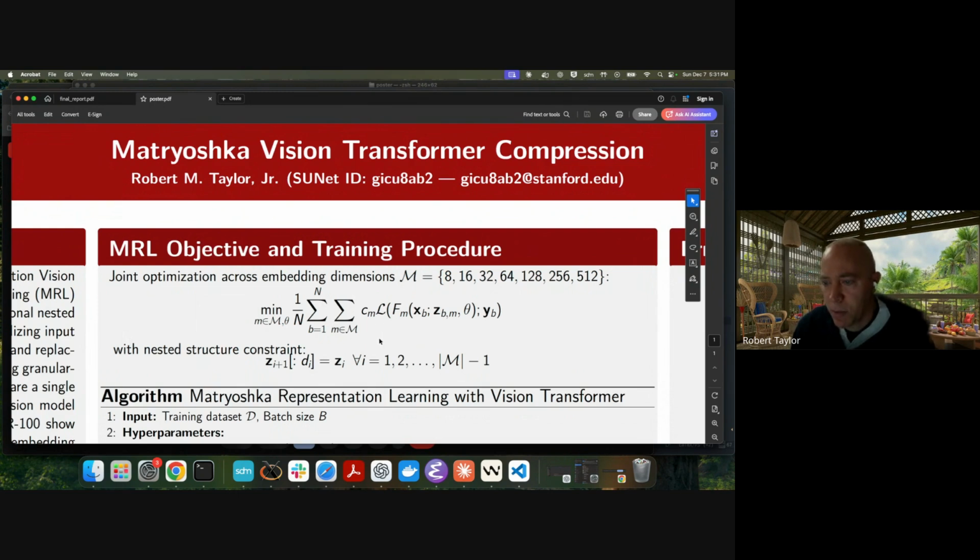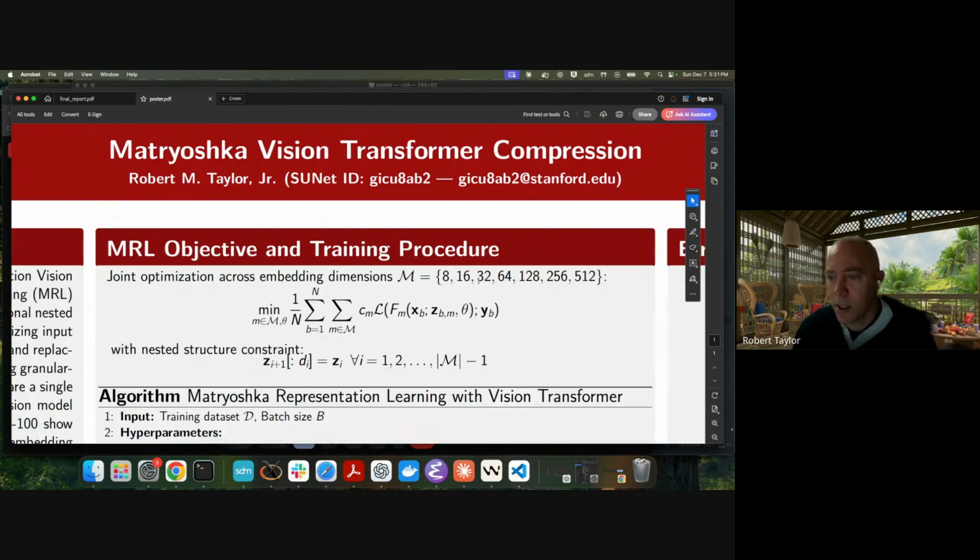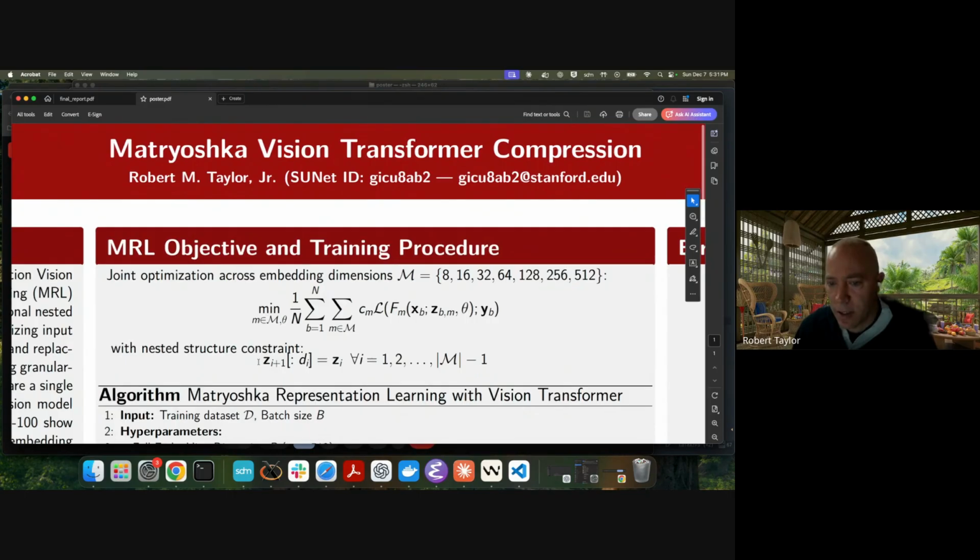So you take, for example, a cross-entropy loss, script L, and apply it to the output of a network represented by F, parameterized by theta and Z, with an input X and a label Y. And if we assume that we have a set of weights C sub M and a set of nesting dimensions, script M, that can vary, in this case, from 8 up to 512 exponentially, that satisfy this nested structure constraint,